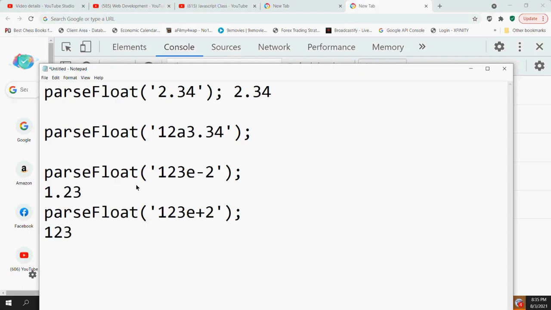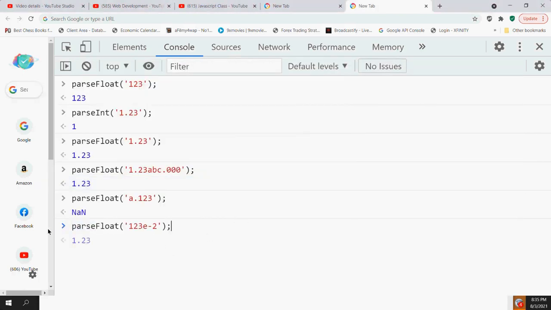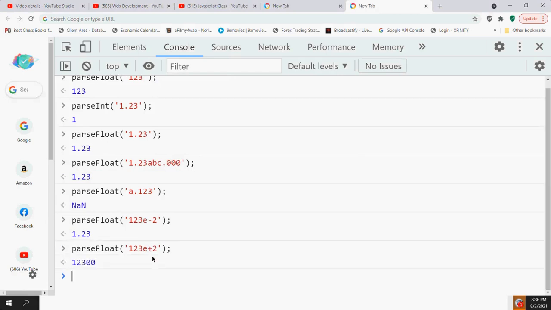So 1, 2, 3. Since it is plus, I have to go 2 digits to the right. I will give 0, 0 and I will put a dot here. So the answer will be 1, 2, 3, 0, 0. So let's double check this one. So I get 1.23, and if I put plus, so just again, if I have